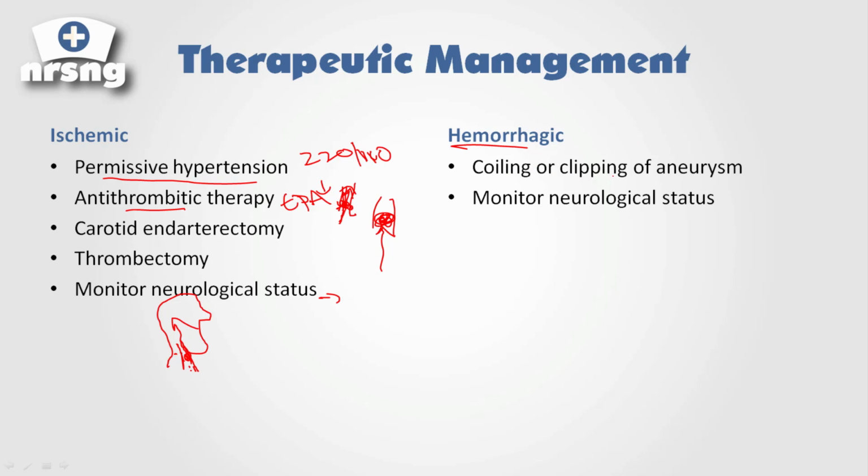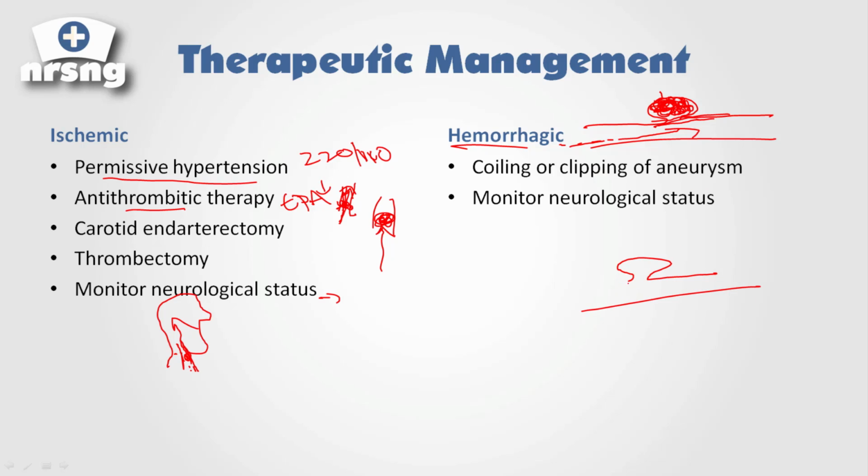With our hemorrhagic stroke patient, remember, this is completely different. What we'll do here is we can do coiling or clipping of an aneurysm. So remember, we have an aneurysm here. So the physician will go in here with like a little wire, and they can actually throw wires in here to coil that. And what will happen is that will actually start to clot over, and then blood flow is restored, and we're not worried about this rupturing anymore. Okay, so that would strengthen that aneurysm there. So that would be with coiling.